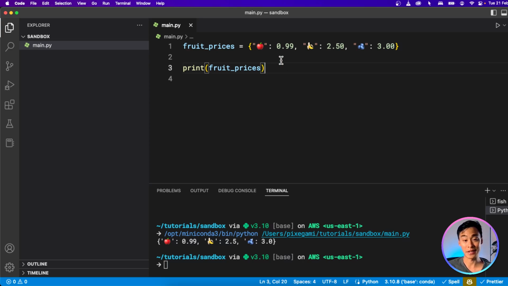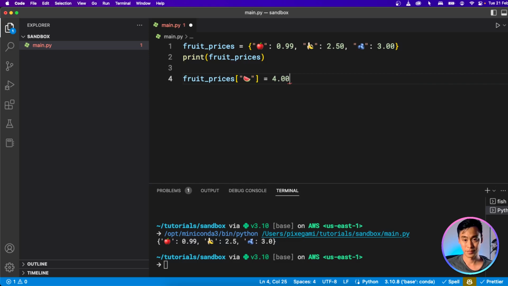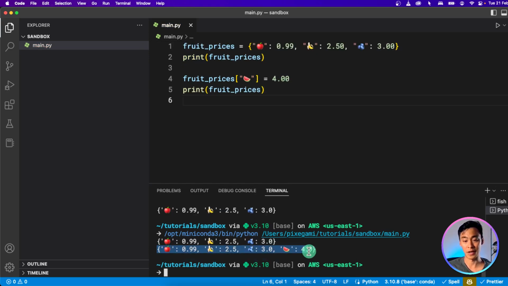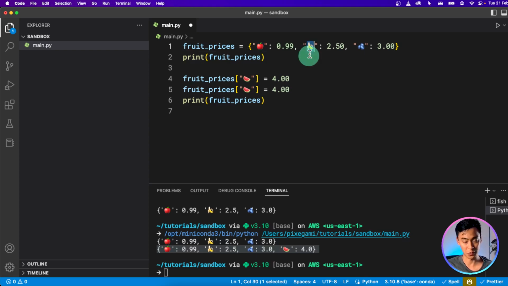Now let's try adding stuff to it. So I'm going to keep this print statement here just so that we see how it looks when we first create it. But now I'm going to add that watermelon. And then if I print it again, you'll see that the new dictionary now has this new entry in it. And if I do this and I overwrite it, maybe I'll use the banana here and I'll overwrite it with a different value, you'll see that the value is actually updated from when we first created it. So if we try to use the same key and we add a new value, it's basically going to overwrite any value that previously existed.